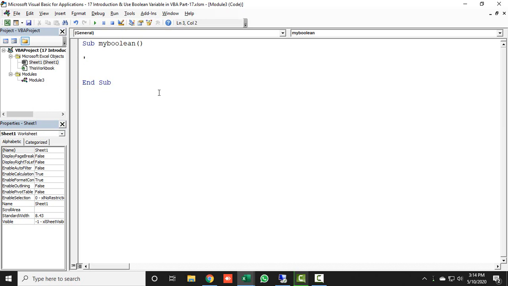It would be an apostrophe symbol, and this code will return your answer only in true or false. Any statement you can put over here, which is easily understandable for you.